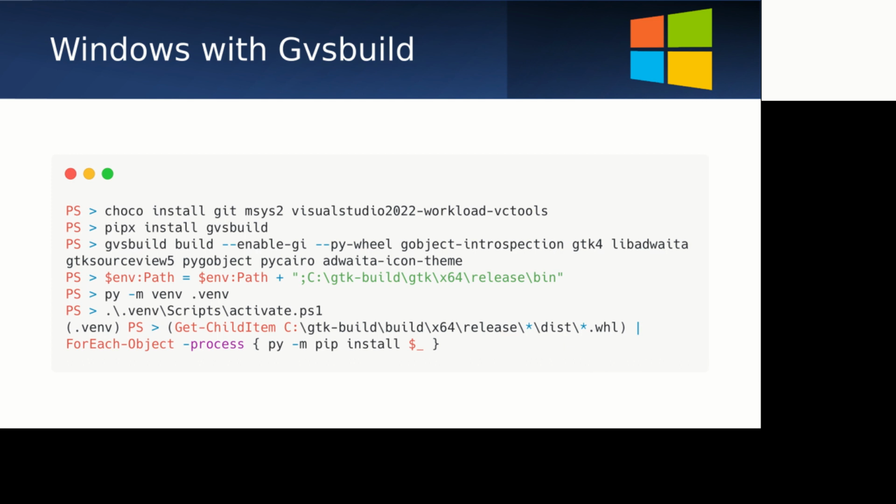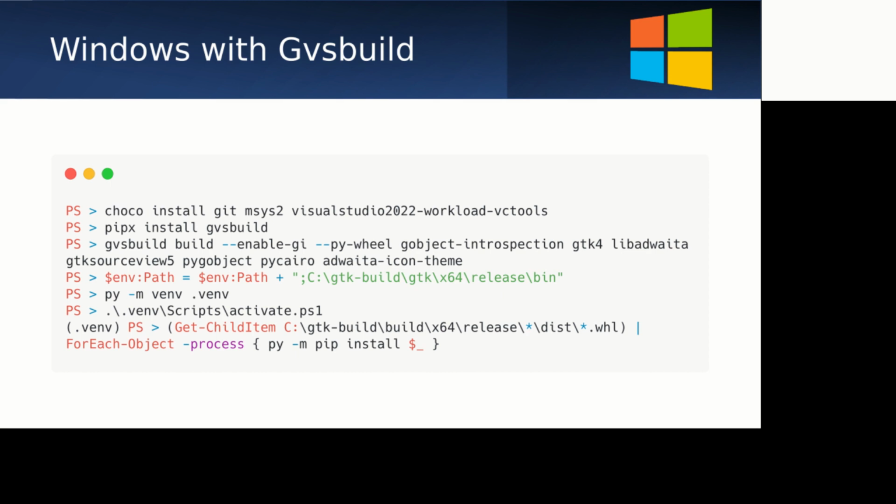So in Windows, we actually have to compile GTK, and there's another tool that helps us with that, called GVS build, that I help maintain as well. I know this is a little hairy on steps to follow, but we can use Chocolatey, which is a package manager, to install some build tools like Git and MSys2 and the Visual Studio 2022 workload VC tools. So these are things we need to use to compile